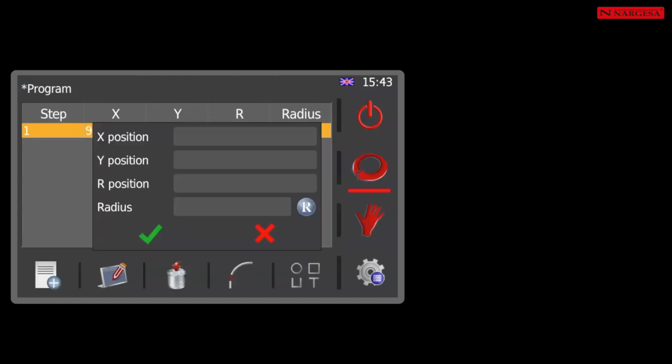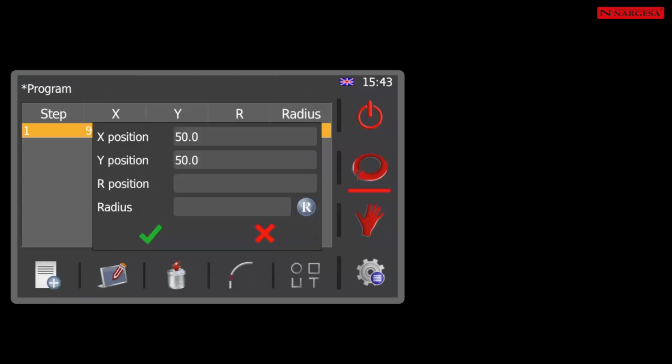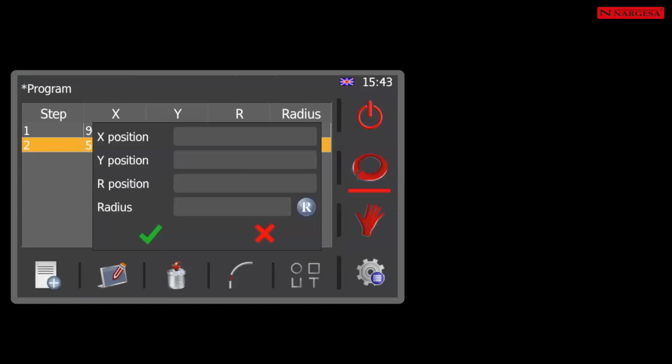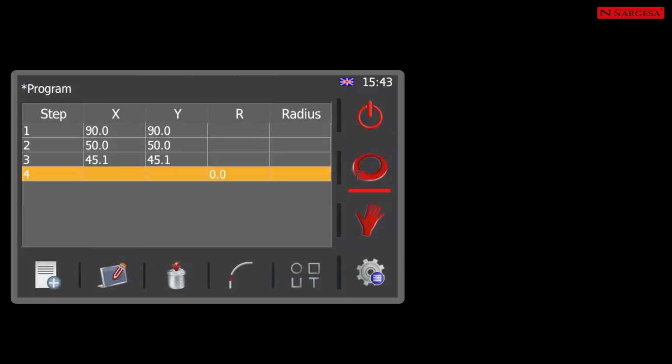Create a second step, the loading step, defining the position of the lower axles to be able to insert the material with enough of a gap. Add a third step to the program, the clamping step, by choosing a value of 0 from the radius table so the lower axles will be in a position to firmly secure the profile to be bent. The fourth step starts the program and is always created automatically to detect the material.